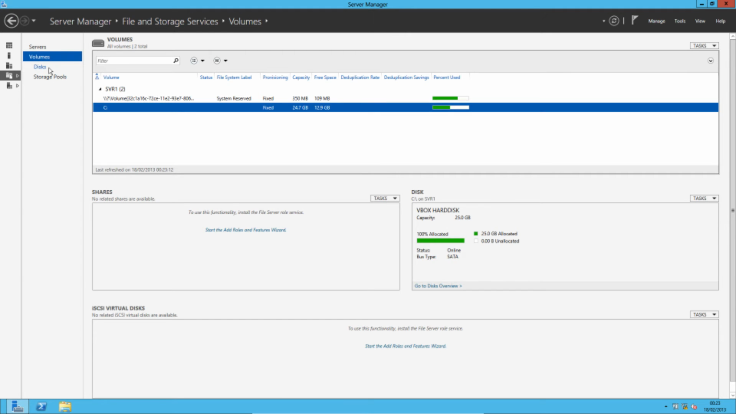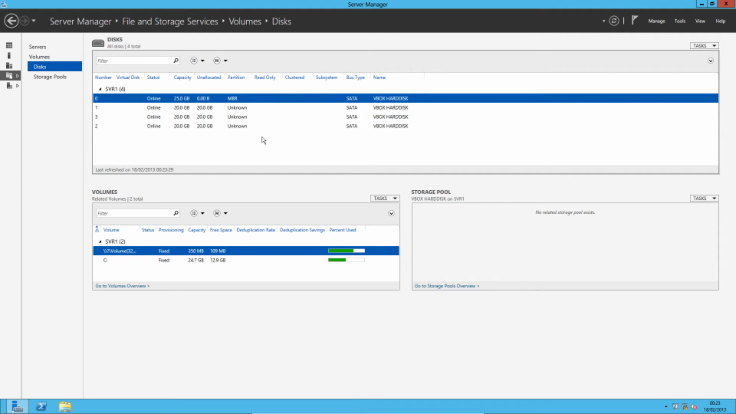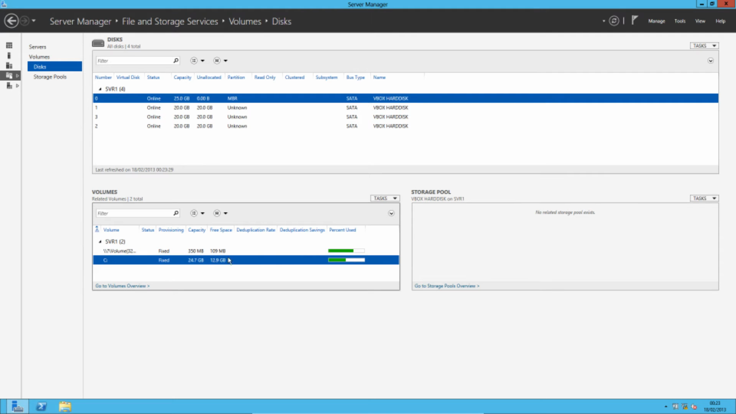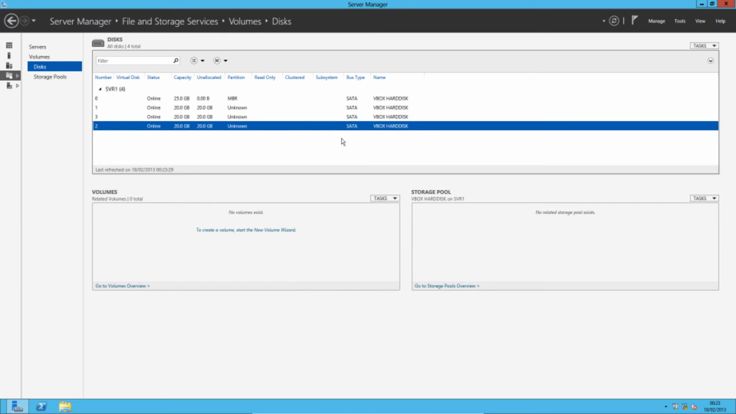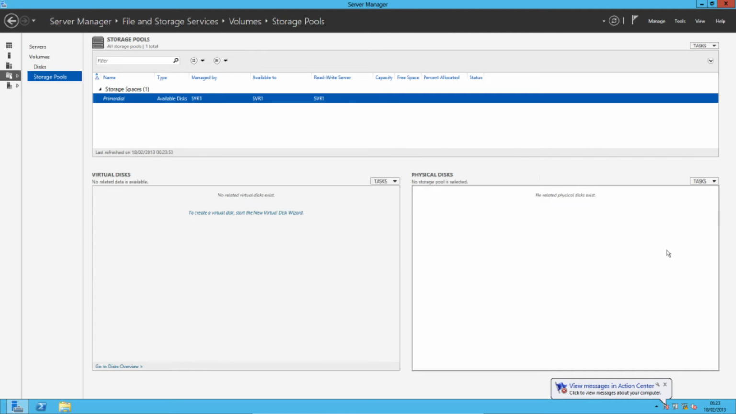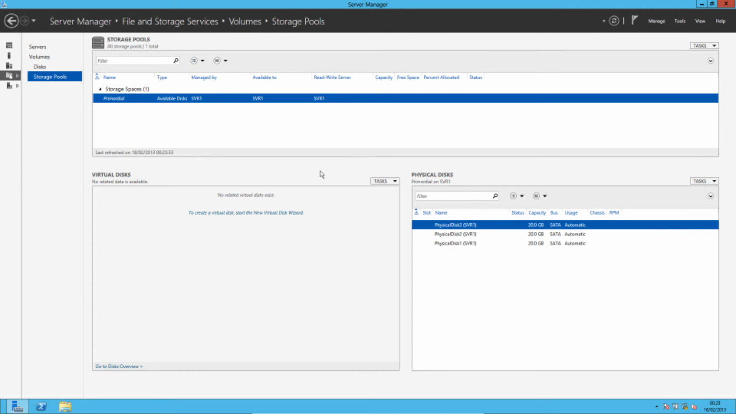If on the other hand I go into disks, we should be able to see those 4 disks. That first disk is actually containing the volume C, which is containing our operating system, and we've got our other 3 disks that we saw within VirtualBox, the virtual hard drives that are just 20 gigabytes in size. Now this is where we want to actually do our storage. So if we go into storage pools,